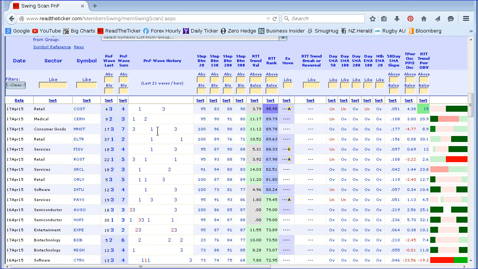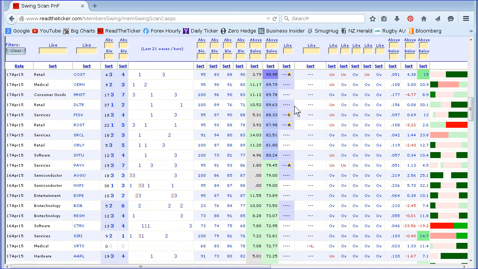Every demand and supply footprint has a different meaning. Is it off a base, going through as a continuation? Is it breaking down through resistance, breaking down through support? How fast is it? How much volume is in it? Is it short covering? Is it new demand coming in? You have to analyse the point and figure chart to get an idea what's going on. But what you can do at this level